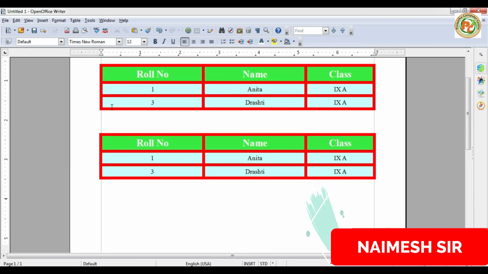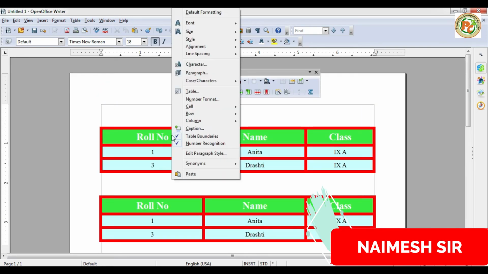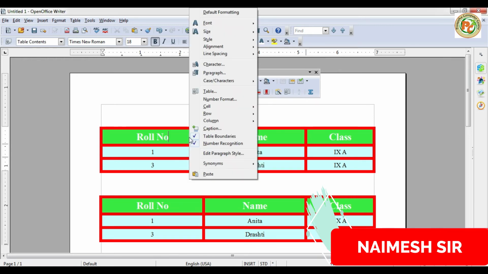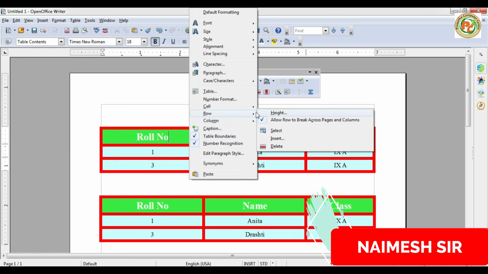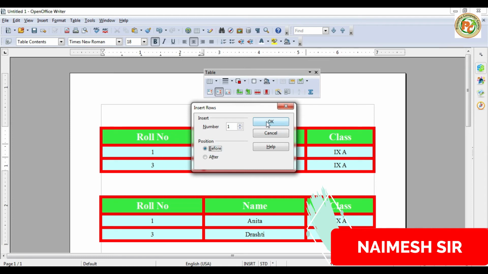Now suppose we want to merge the columns, merge the cells. Now I'm going to add one more row here. Insert column before, no, we don't want to add a column, we want to add the row. So right click the row and insert before 1.